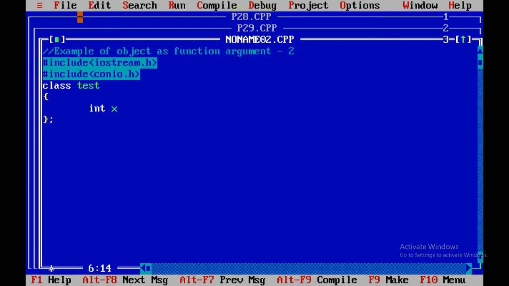integer x, public keyword. Remember one thing, that x is our private variable, so we cannot call it outside the class test. Now void getdata, integer a. Getdata is what? With argument, without return function. Over here I am going to write x equals a,